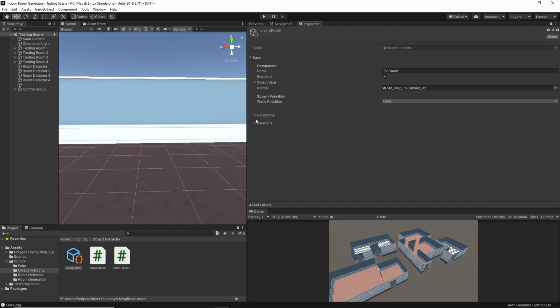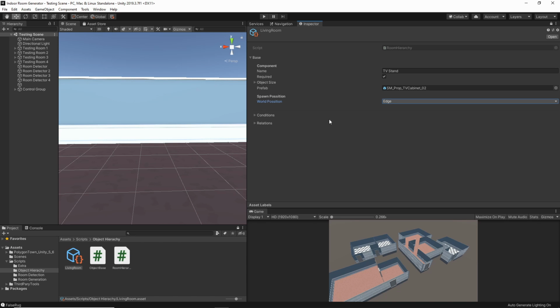Okay, so first I want to talk about how the object relationship hierarchy works at the moment. We firstly have a component that is the initial spawn point that then spawns everything down, kind of like a node tree. Inside here we can ask whether it's required, we give it the prefab, and then we can also tell it where to spawn. We can either spawn it at an edge, or a corner, or inside the empty space inside a room. Or we could also spawn it locally to the previous object before it, so we can spawn stuff atop and below objects. In this case we're spawning a TV stand to begin with at the edge